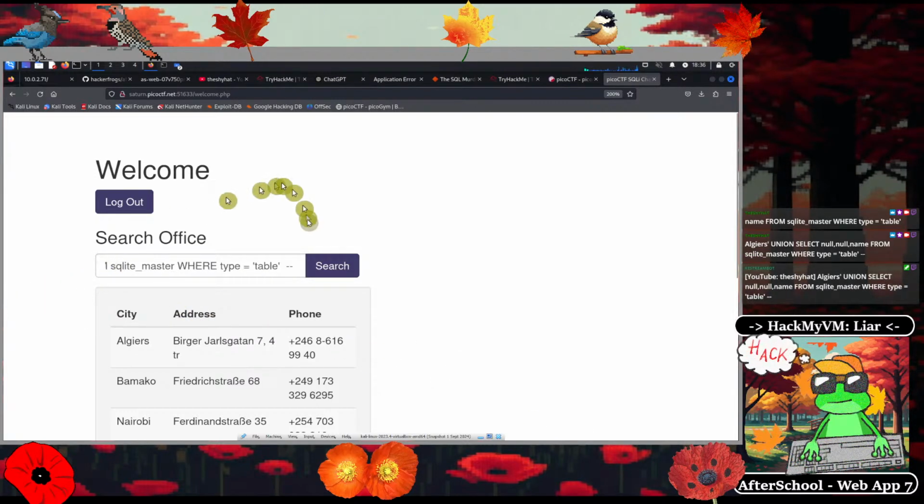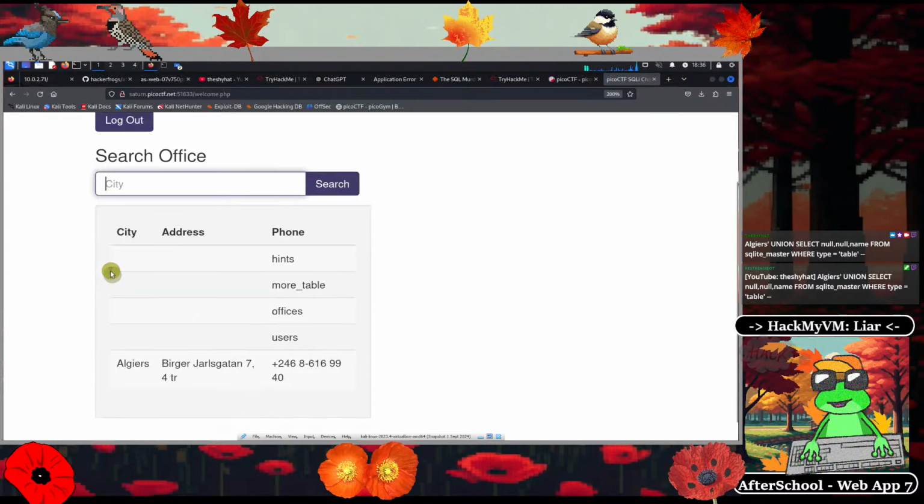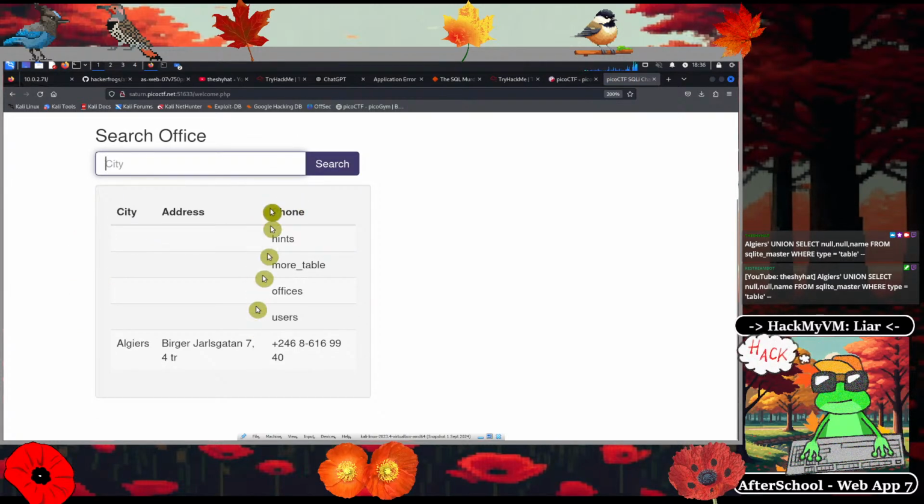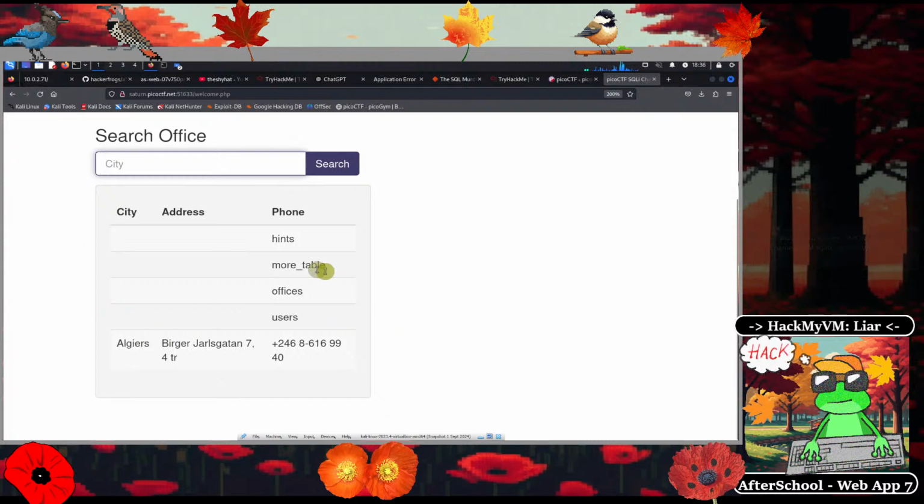So after that, you can click on search, and it's going to give us the names of the tables. This is going to look a little bit wonky because the application wasn't meant to give us this kind of information. So we see that there's a hints table, a more table, an offices table, and a users